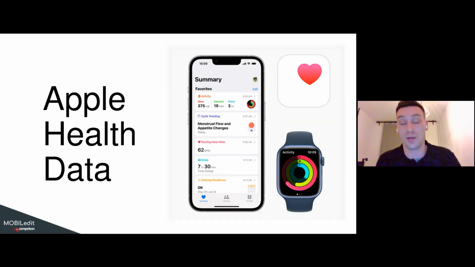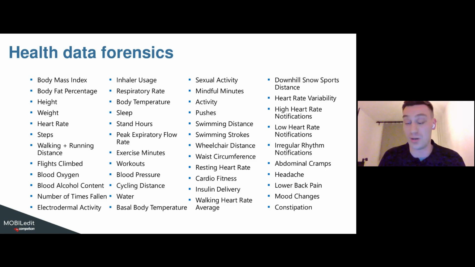And the Apple Health data, right? So when Apple created this Health app, they're trying to give users a way that they can track every single aspect of their health, right? We're talking about sleep, walking steadiness, resting heart rate, activities as well, right? So every single thing about their health data, right? And I'm not going to go into every single one of the options, but I have them all right here. It's going to be everything from height, weight, heart rate, steps, walking distance, how many flights someone's climbed,